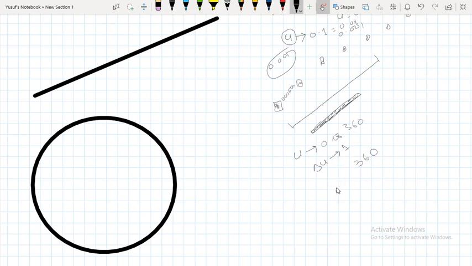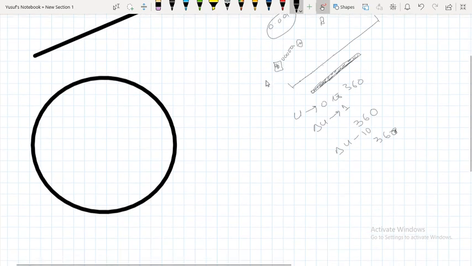If I am taking delta u as 10 degrees, then I will get 36 points only. So on the circumference of the circle I will get 36 points only. By using 36 points, I am supposed to construct the circle, whether the size of the circle is too large or too small. So it is a basic problem while we are using the parametric equation to develop the geometry. But in the non-parametric method, what will happen?